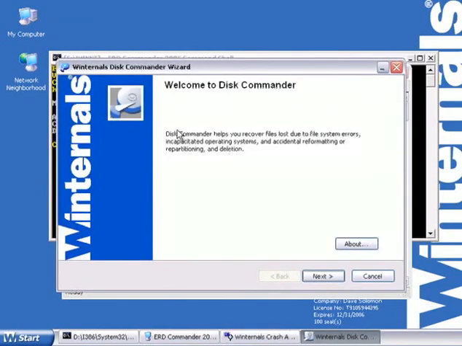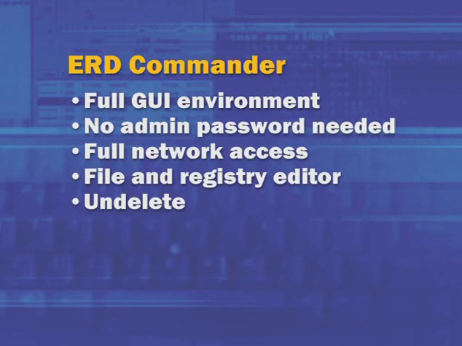Disk Commander is a tool that you can use to restore volumes that have become totally corrupted such that Windows doesn't even recognize their presence, or to undelete files on those volumes. So this will optionally do a low-level scan of your system looking for volumes that have been deleted and allow you to repair them and to copy data off of them. It's kind of a very advanced disk recovery tool.